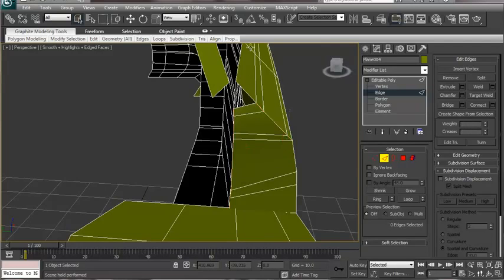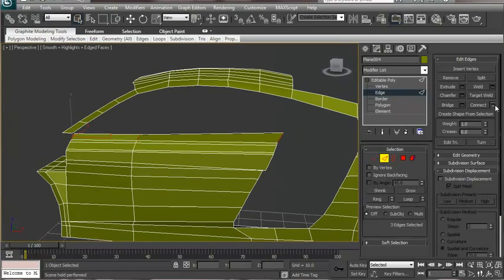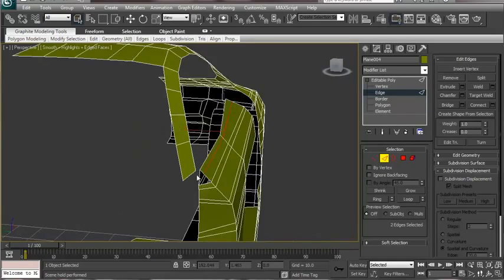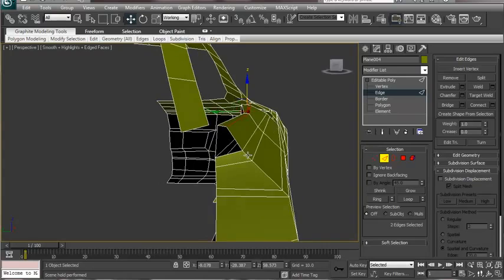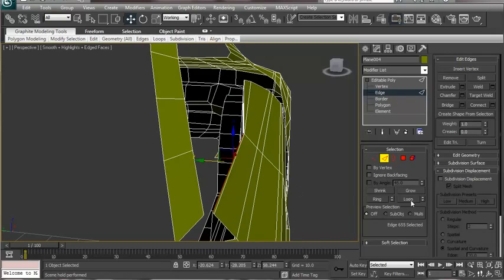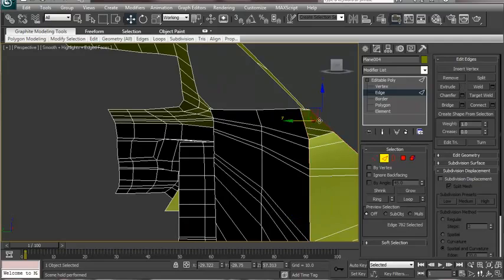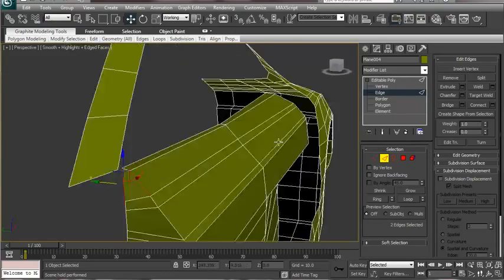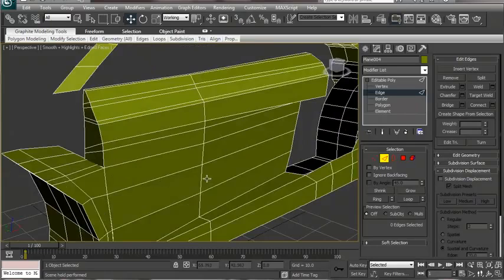And let's select this edge, apply a ring selection, and connect it using one vertex over here, and let's raise that vertex up just a bit, and now we can go ahead and bridge this gap over here. So you can see that we have almost completed the door. Now for some final adjustments over here,